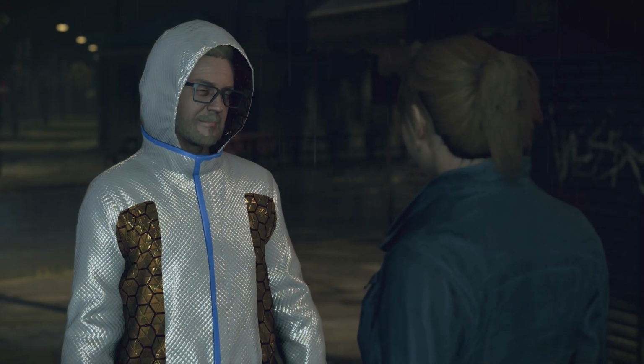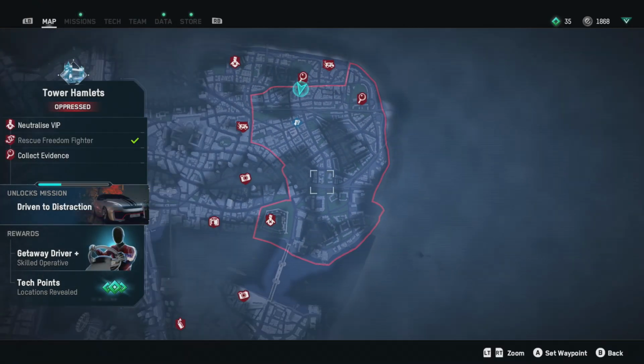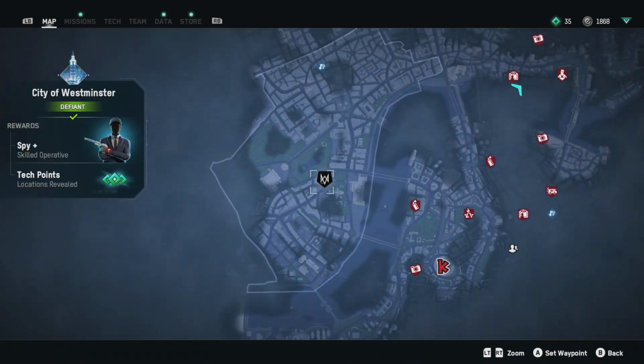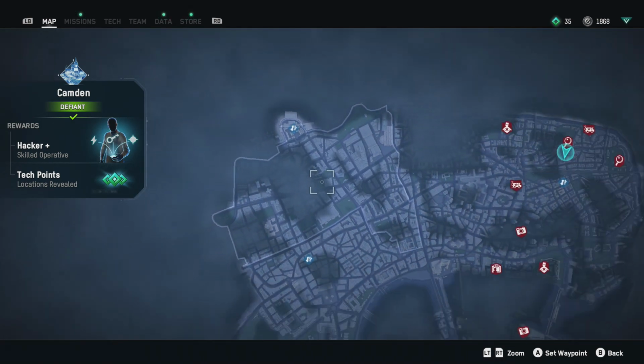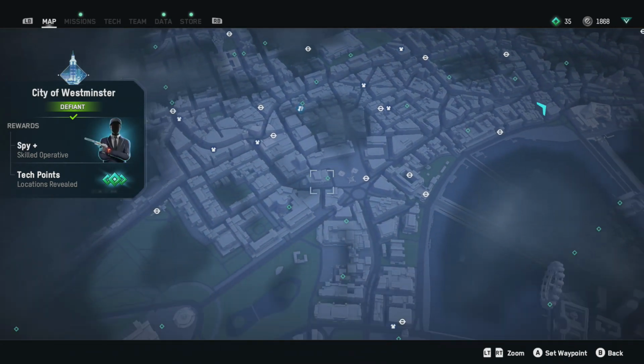So that's part 1 of getting a beekeeper. Now let's move on to the second method. So by completing all of the side missions in the City of London, you'll gain access to the beekeeper. Now I wanted to test things out and see if the beekeeper was any different or had any extra abilities. Turns out he does have a small minor extra plus, and it may be different for some of these other